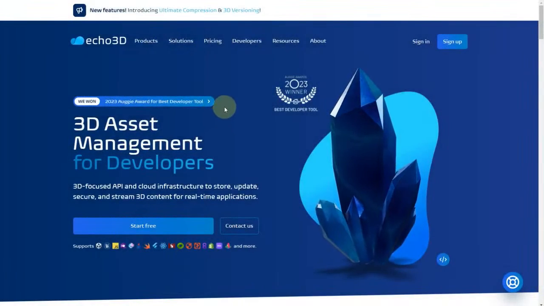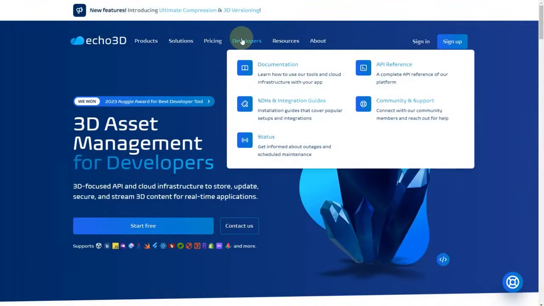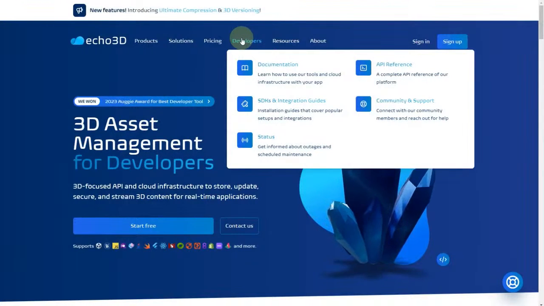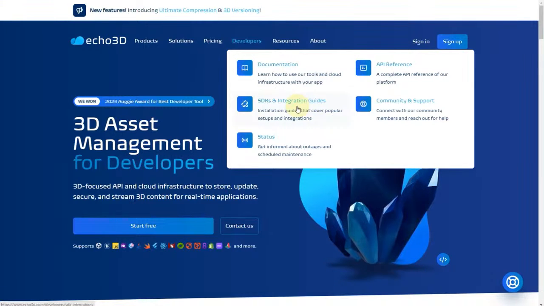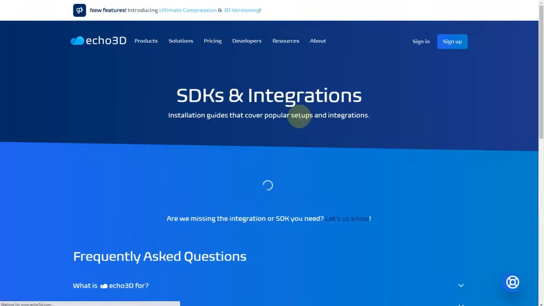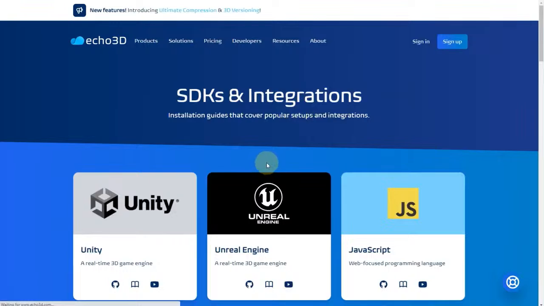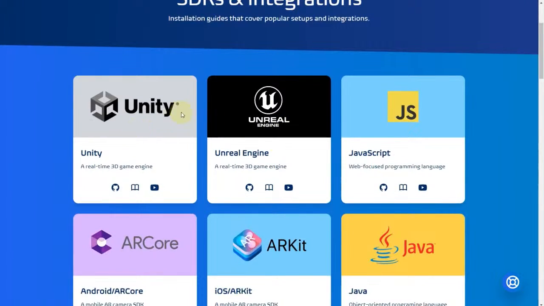The echo3D homepage has gotten quite an update, and if you go over here to developers and check out the SDKs and integration guides, you can see all of the different platforms that we support with 3D asset management, whether it's through API or SDKs. Of course, we have Unity. We just finished our Unreal Engine plugin, which is super exciting.